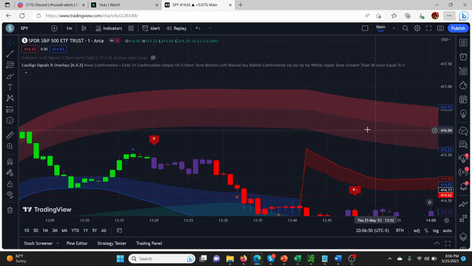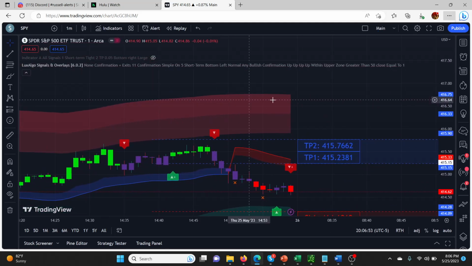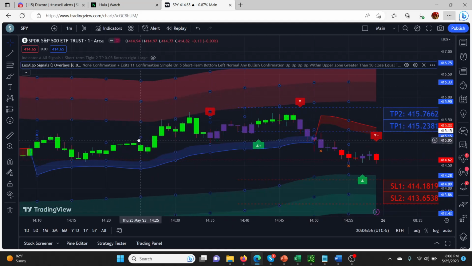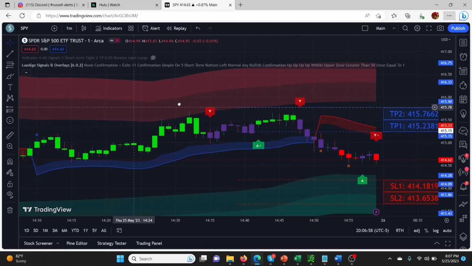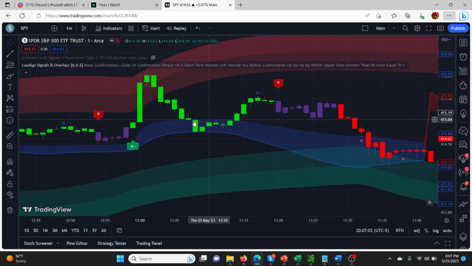So just something to think about if you guys are struggling with LuxAlgo or trying to come up with some way to get more trades. Not that there's not enough already, but that's the sort of thing I do throughout the day as well, just to try and get these little bounces and things. It's not much different or any different at all from typical bounces from support and resistance. It's just that LuxAlgo has these particularly good areas of support and resistance, or dynamic support and resistance, that I found to be extremely reliable. So definitely worth checking out.